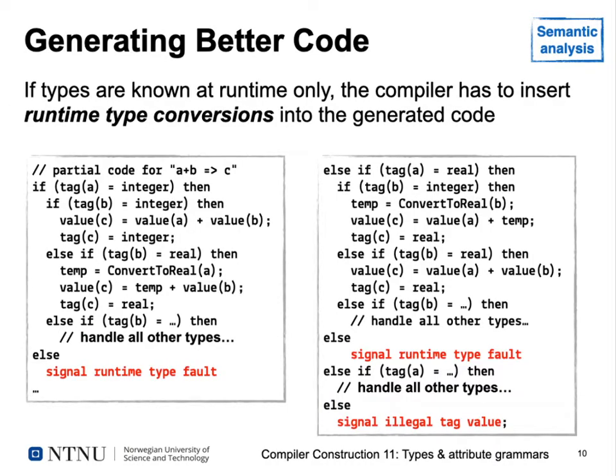So for a language where we know the types of variables and expressions only at runtime, this means that the compiler has to insert these runtime type conversions into the generated code on demand, so whenever it might be required in an expression, instead of only inserting them when it's actually required for a static type system, because the compiler would know this. So this is a hypothetical partial code just for evaluating an expression that we want to add